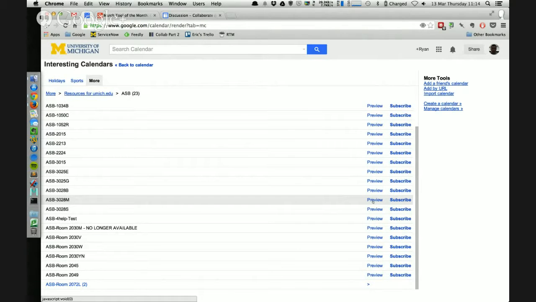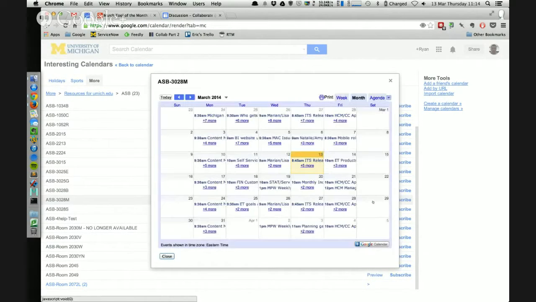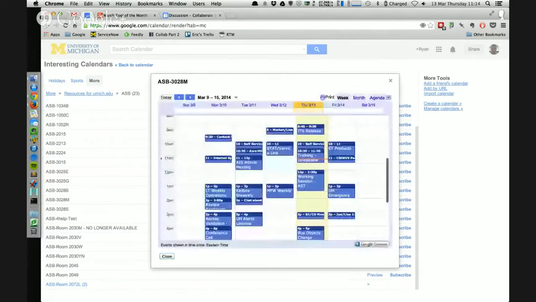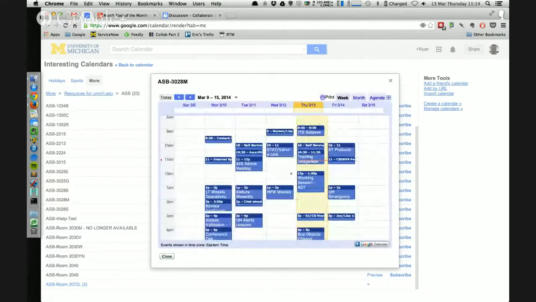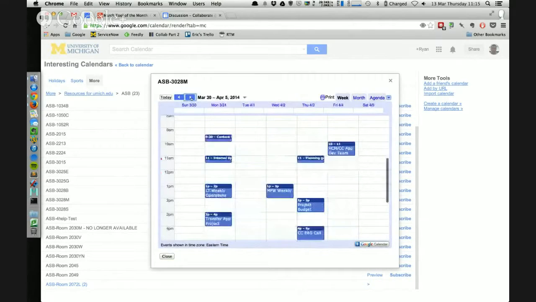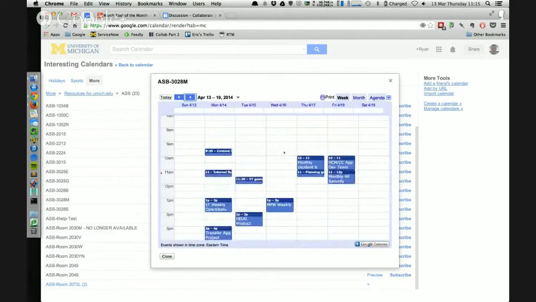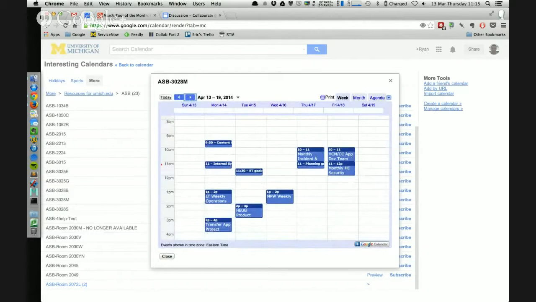So I can do one of two things. I can just preview that, and that's going to pull up the calendar. It's going to show me everything that's on that calendar. I can do it down to a week, so I can see holes where openings are available for that conference room, and I can keep bumping out. Say I know my meeting's the week of April 13th, Friday. I really can't do it in the morning for a 2-hour block because no one will be here at 8 o'clock and it's booked from 10 to noon, so maybe I need to do it from 1 to 3. Maybe that's enough information for you to dislodge the scheduling conflict you've had and be on your way.